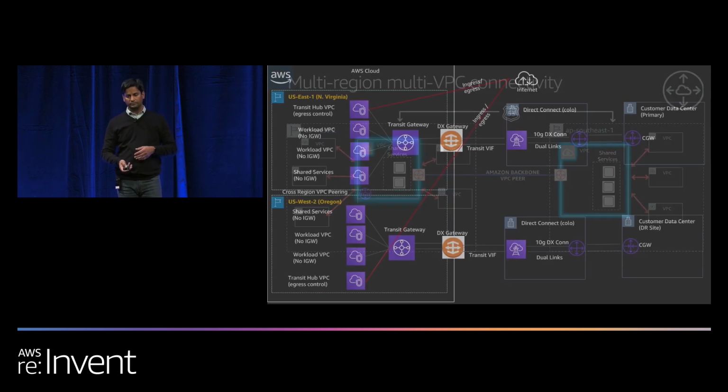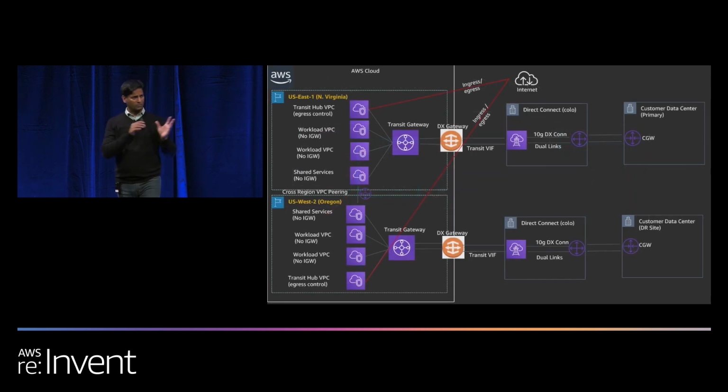And then finally, this is the most important piece, where if you are a hybrid customer, you have on-prem resources and you have resources on AWS, a typical standard format would be your data centers are represented on the right, and then you have a Direct Connect connection in the middle. We strongly recommend you have dual DX links, right? And your port speeds can be 1 gig or 10 gig, but most likely for an enterprise customer, we would strongly recommend a 10 gig connection for that bandwidth and throughput utilization.